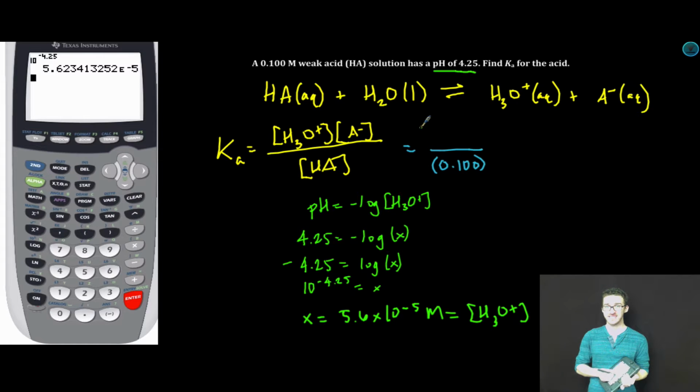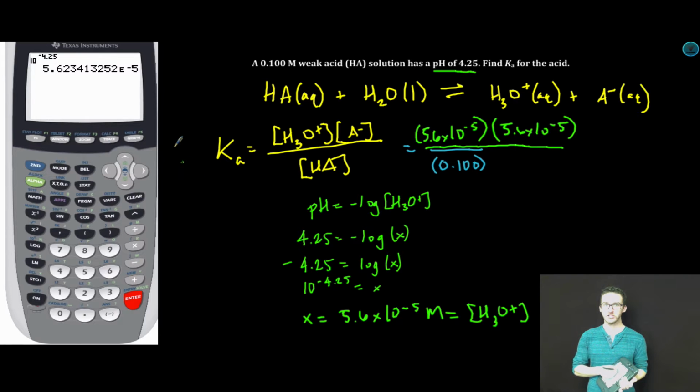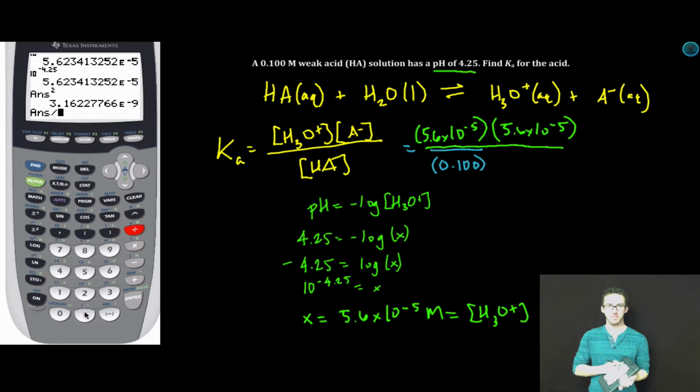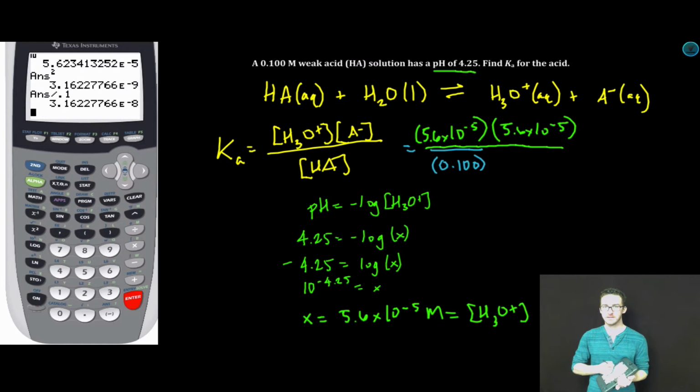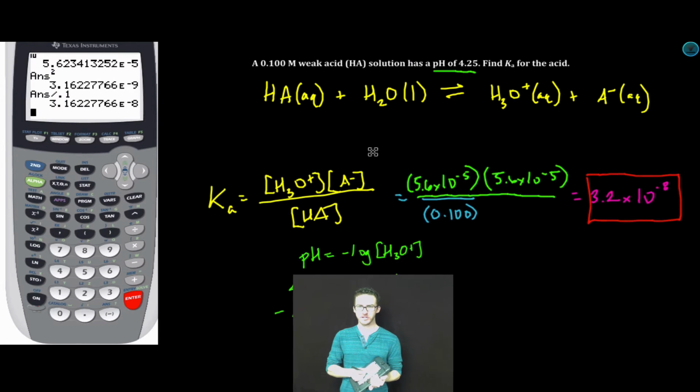So I'm just going to take that and plug it up here into my Ka expression and recognize that it's also going to be the concentration of my conjugate base A-. So a quick jump to the calculator, we're just going to square our concentration of hydronium ion, enter, and then divide that by 0.1, enter, to get the value of Ka to be 3.2 times 10 to the -8. Boom. Now, if you're wondering to yourself, what